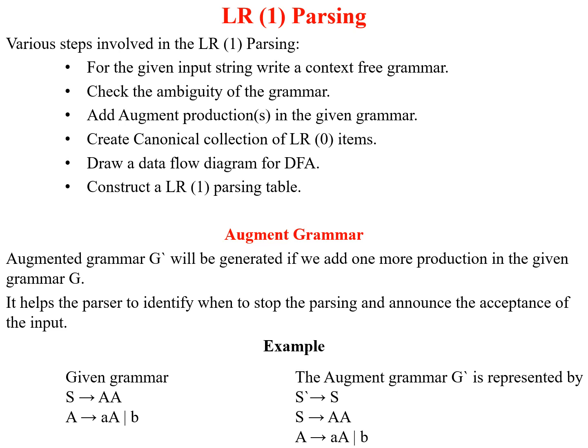Instead of stopping with S, because the grammar may contain the start symbol S in more than one production, and in a single production S can also be repeated more than one time, we need to identify when to stop finally. That is identified by the production S bar derives S. That means S can be repeated on the right side of productions n number of times, but S bar will appear only once.